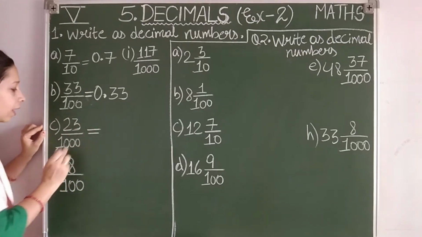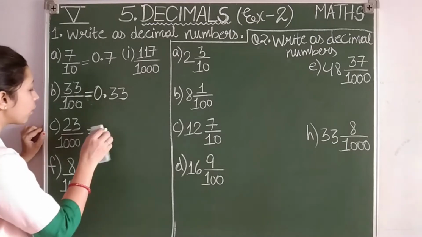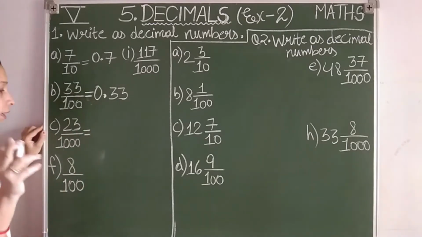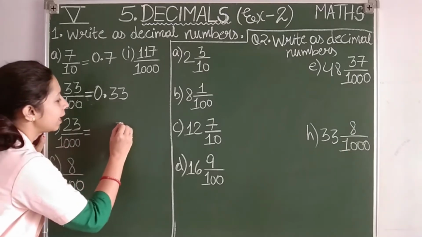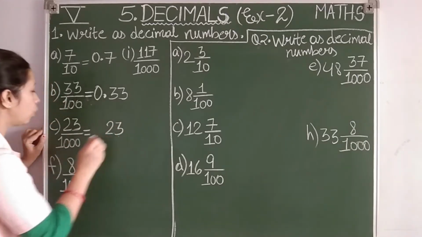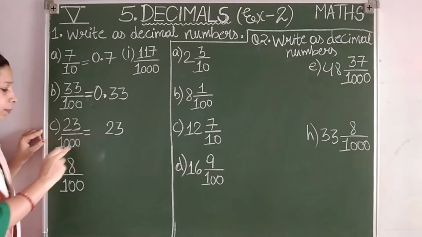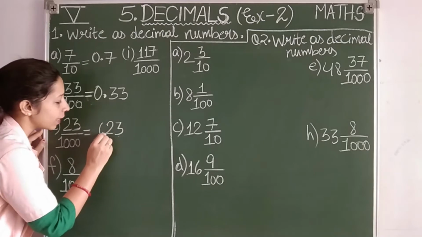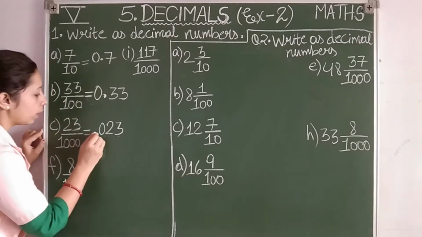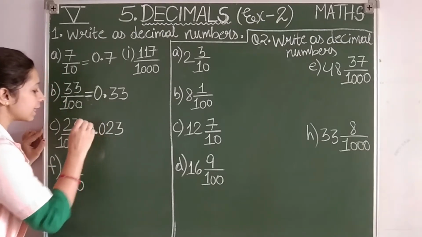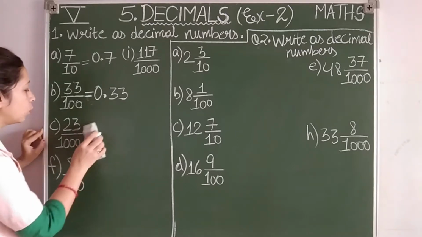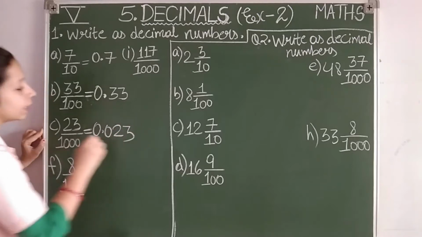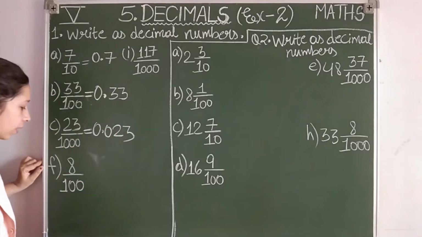Now again see how many zeros are there? 3 zeros are there. So that means point should come before how many digits, students? Before 3 digits. Because we want to show thousandths place value. So I will write 3, 2. But only 2 digits are there. But we have to put the point before 3 digits. So you know that for the tenths place you are going to put a 0. Then again point. So the answer is 0.023. Again I am writing 0.023. Clear, students?